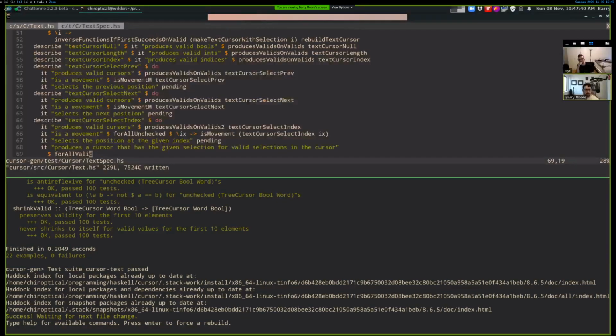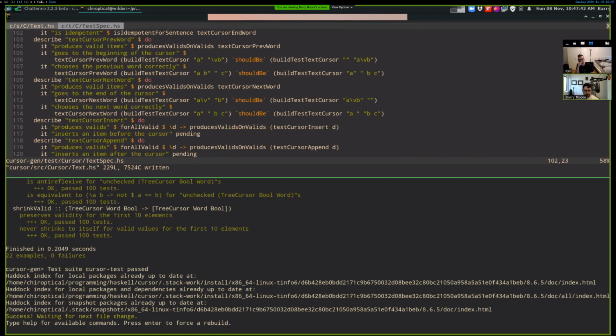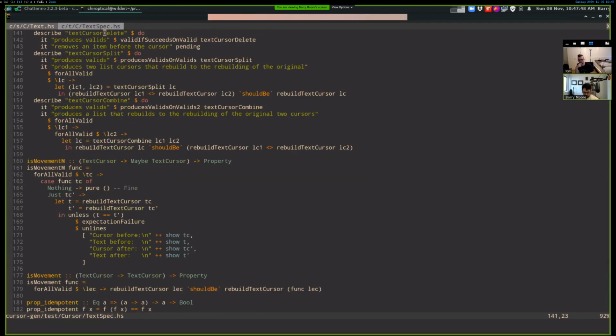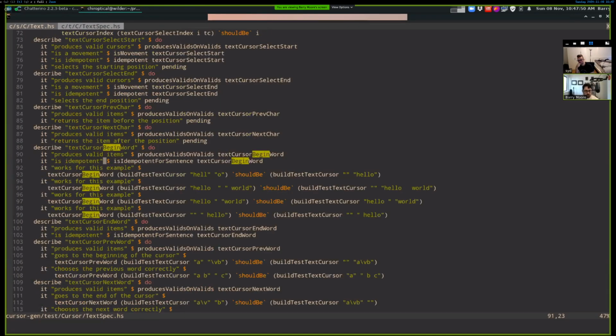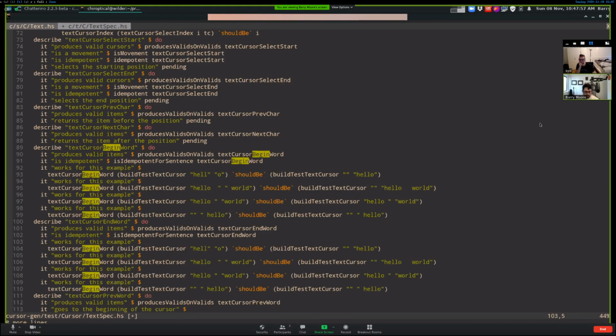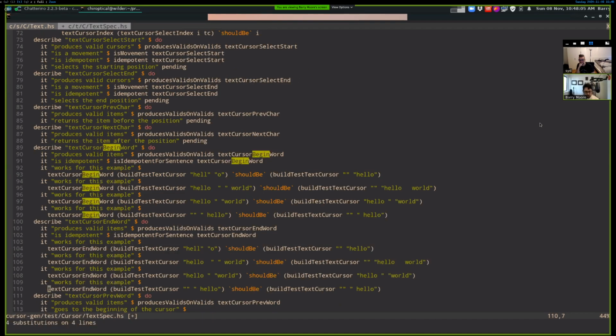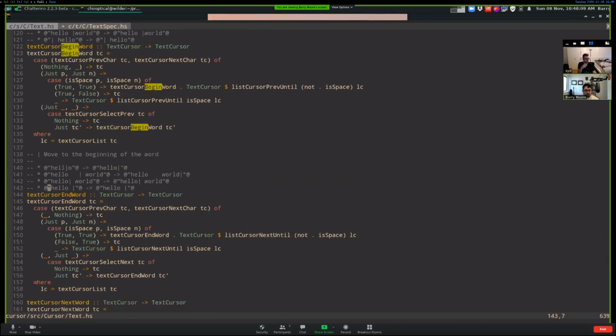So we need to go... I have lost my place. You can, line 92. You can copy paste and then change. Oh, here it is. I'm just blind. And then we'll put these down here. The first two we just need to change. Well, we need to change all of these to begin, end, and then we need to change this one to